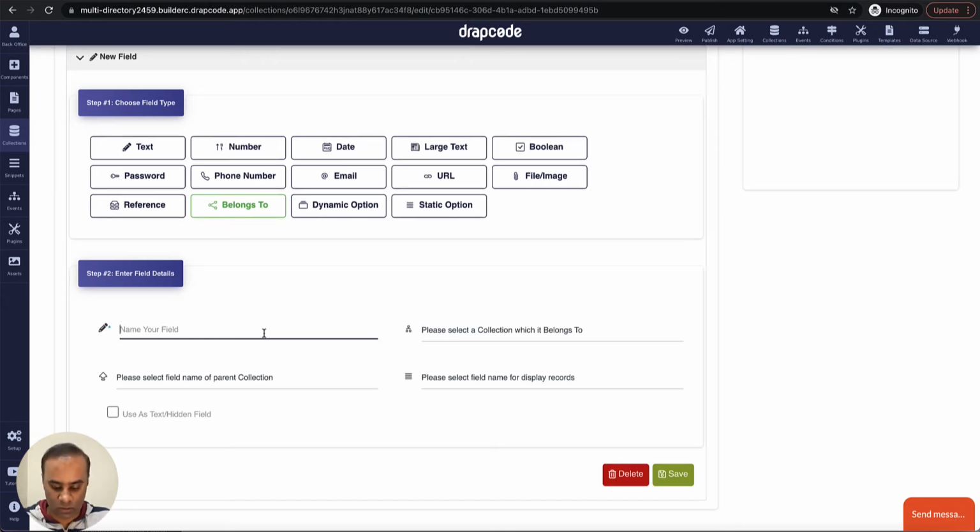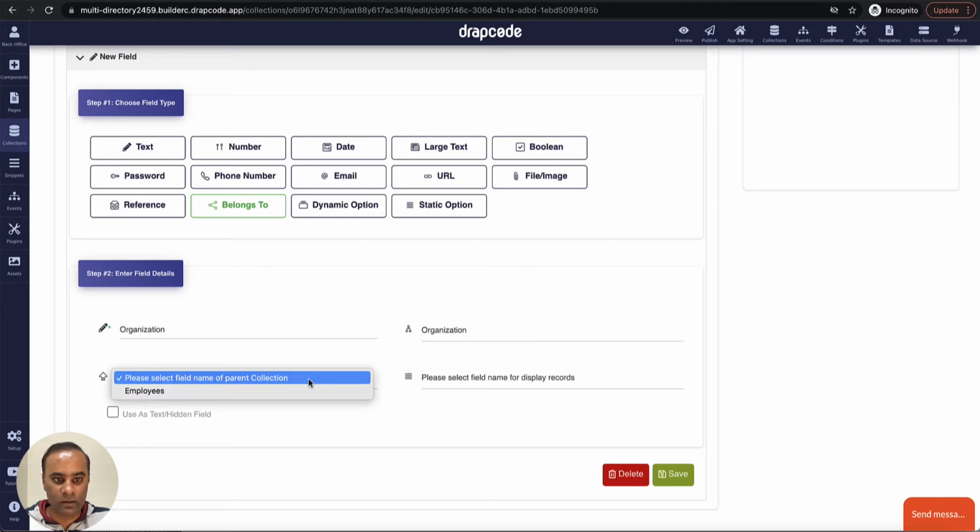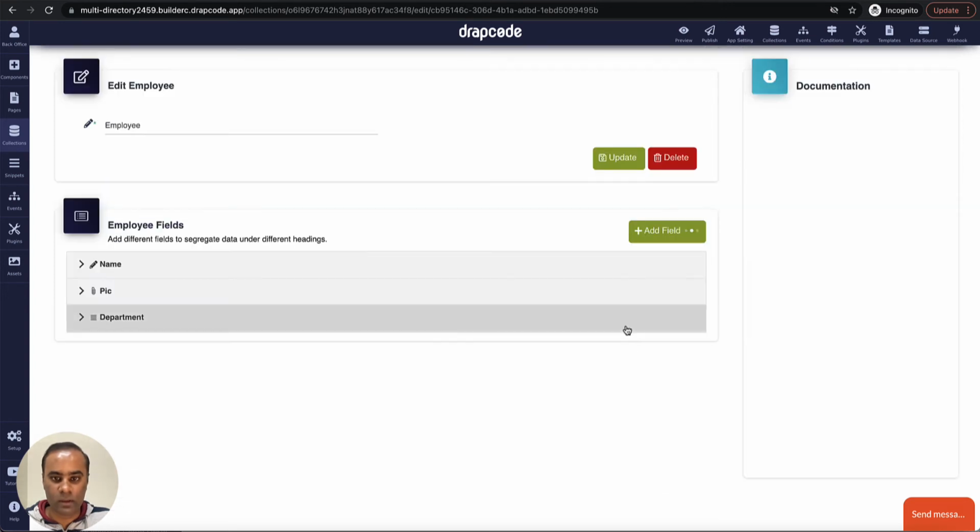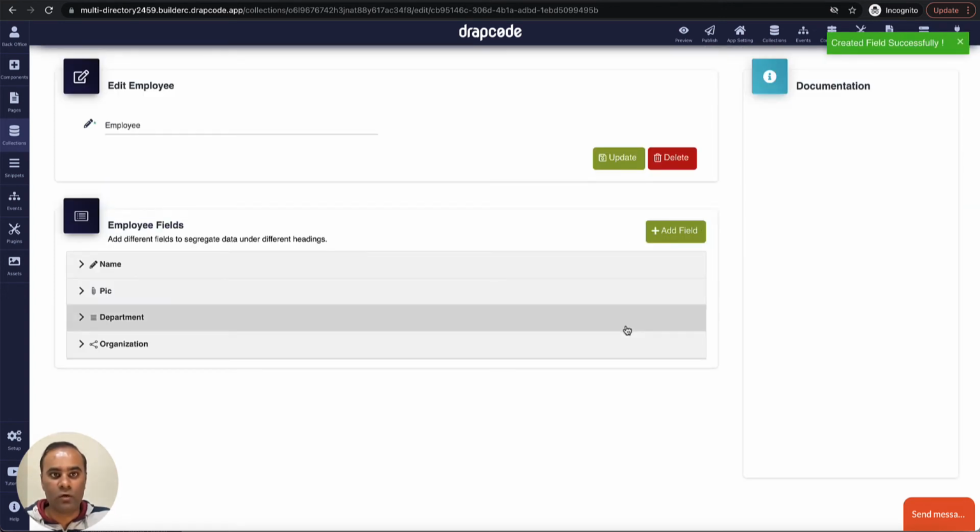So I'll say organization is asking me the field, employees, and maybe the name of the employee. Okay, that's all. So now we have set the relationship between organization and employees.